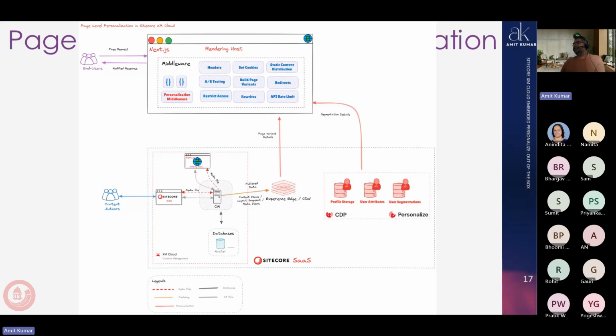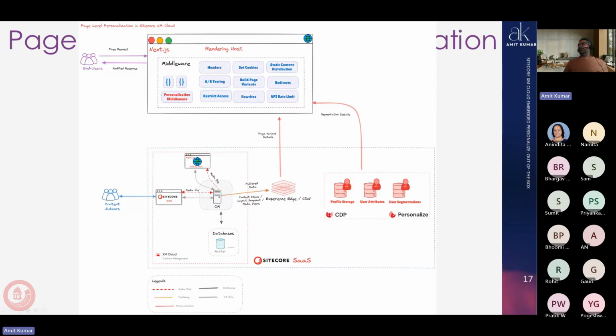But in the case of SSR, server-side rendering, whenever a user makes a request, it will go and check whether that data is present or not. If it is not, then it will make a real-time call to get that specific page